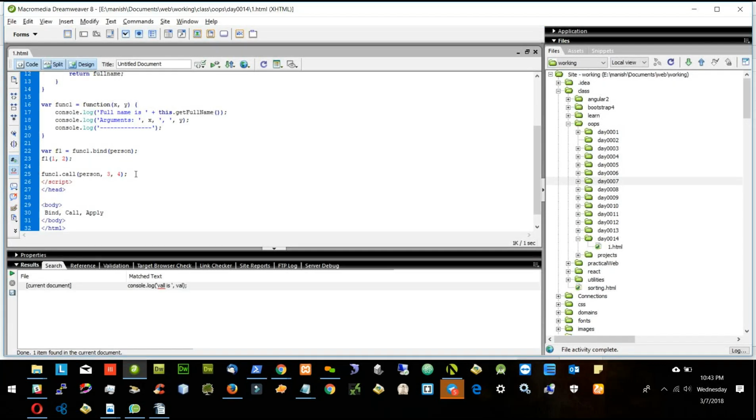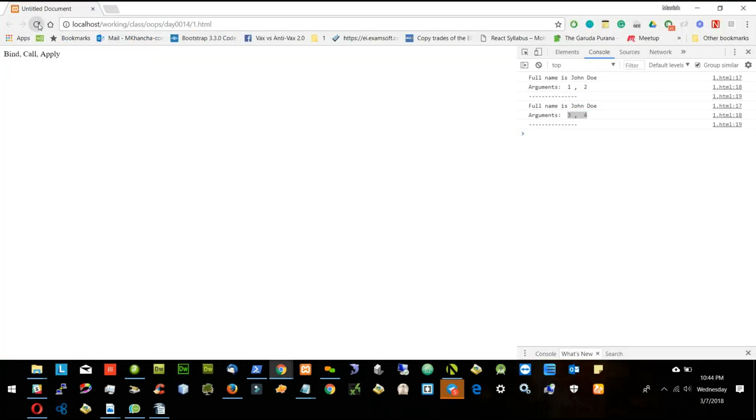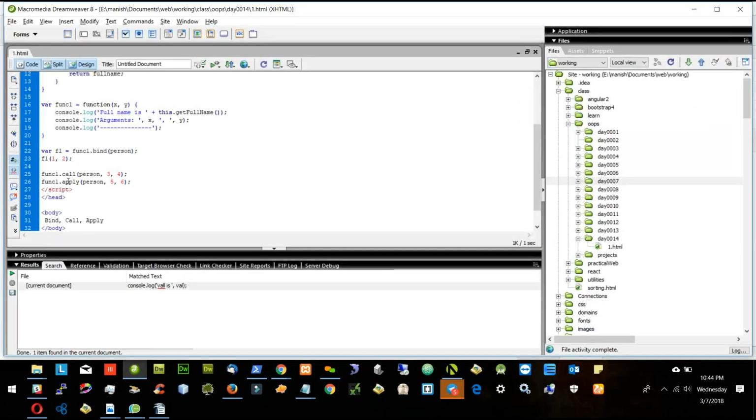Now let's see if I call apply on this function 1. So I will call apply, and I will pass the person, and again I will pass 5 and 6 as parameters. Let's see what happened now. Here it is giving me an error, because apply does not take the parameters like this. This is not the way